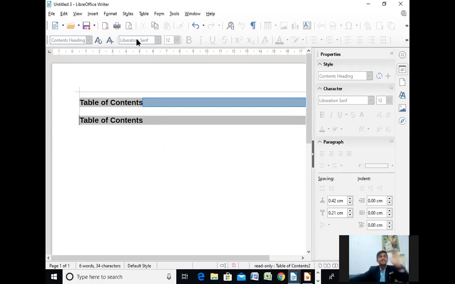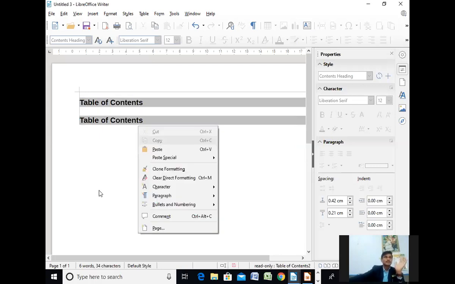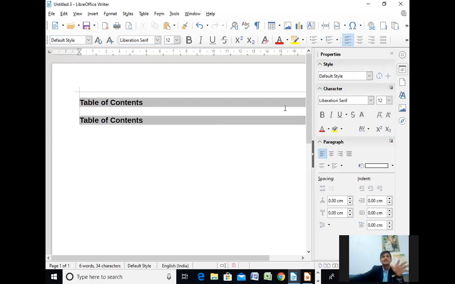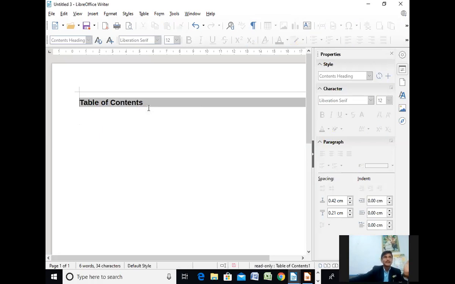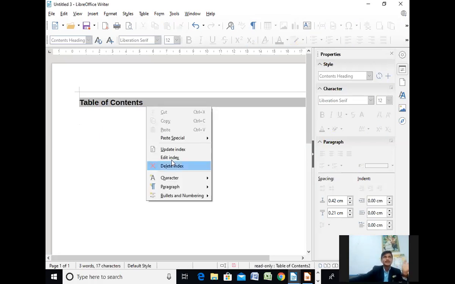This is the table of contents. So here you can easily identify how to create a table. Then we can update and delete the table, all these options. If you want to delete the table, say the index, you can delete the index, you can edit the index, you can update the index. All these things we can use with the help of this option.